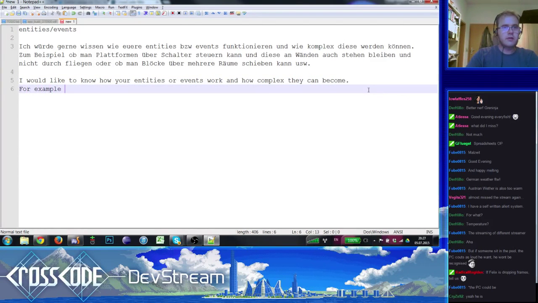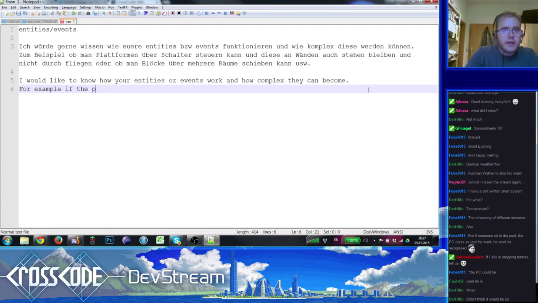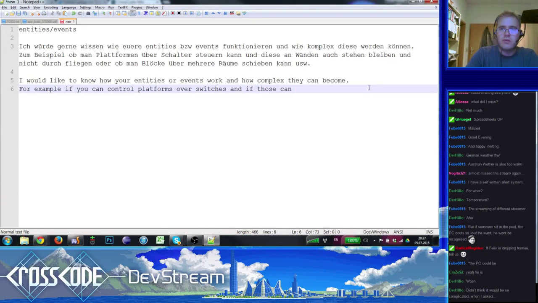For example, if you can control platforms over switches, and if those can stay on walls and counters and don't fly through. Whoa, this is kind of a complicated question.